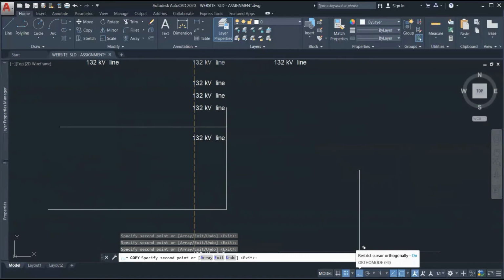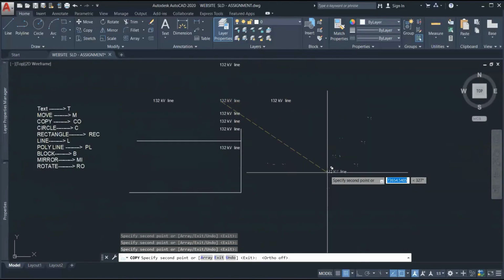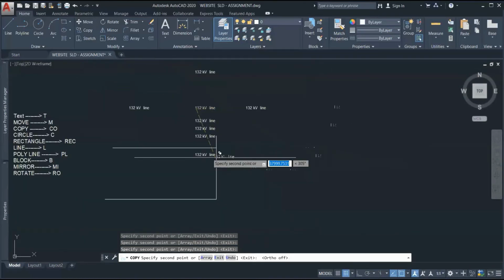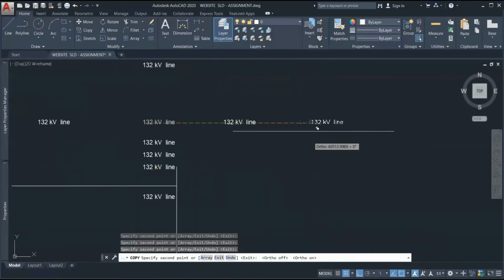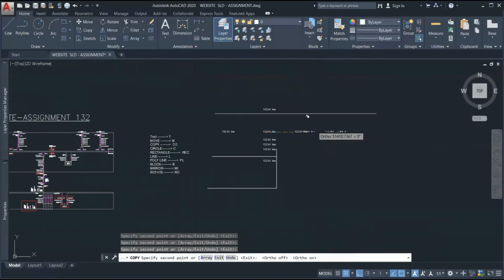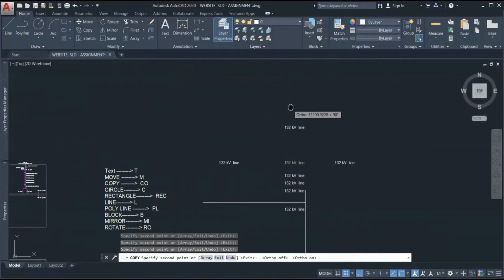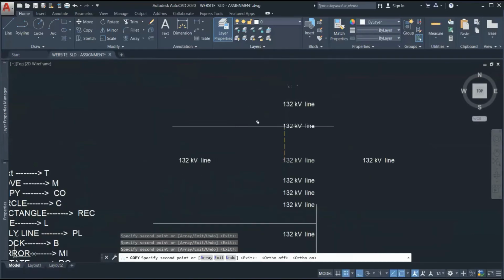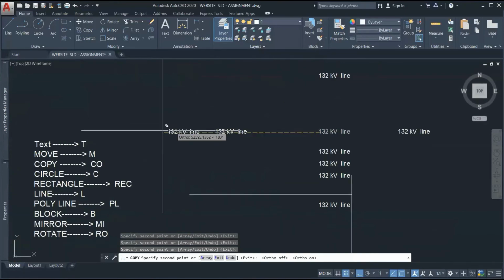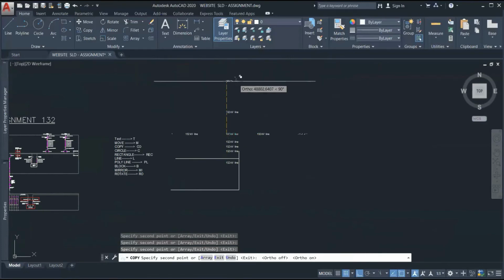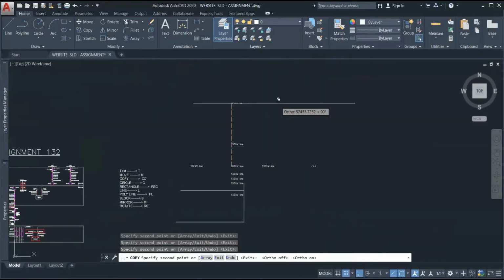Here you can see the ortho mode is on. This is the toggle button where you can click and this ortho mode will be turned off. You can go in any direction, or you can turn on the ortho command or ortho toggle button or ortho mode. Then it will restrict the motion of the object, the direction, to only orthogonal points, right? In 90°, 270°, 360°, like this it is moving.